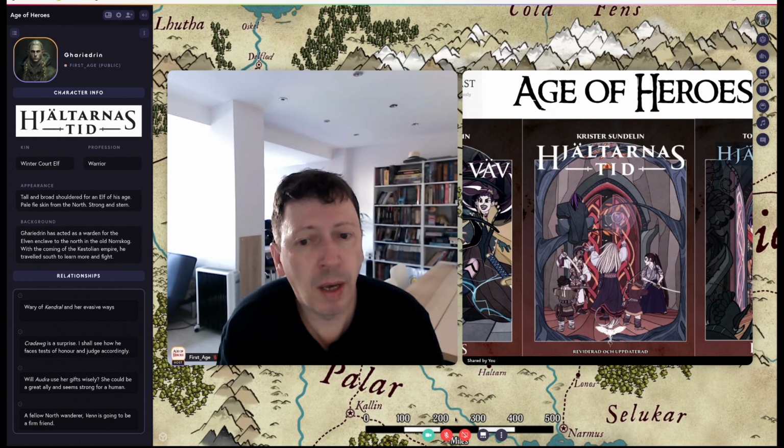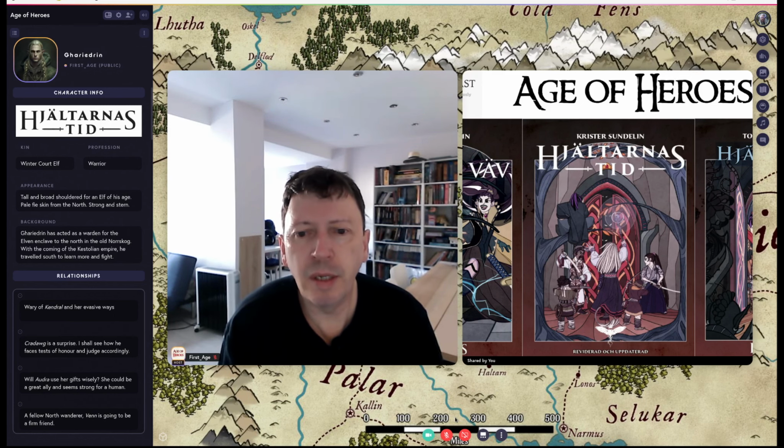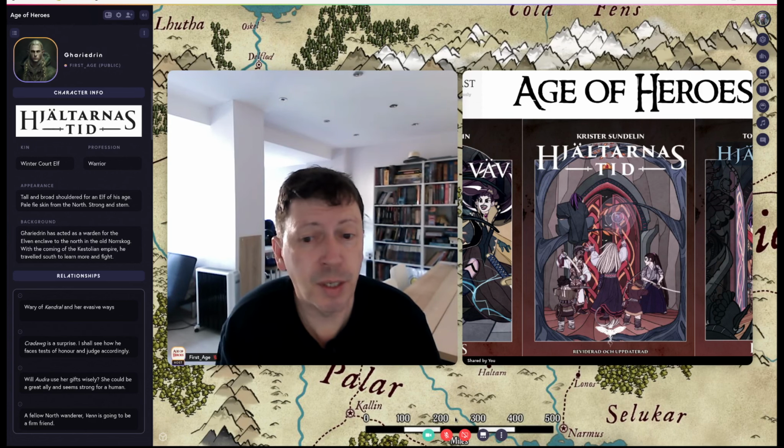So influenced by Chaosium. So Drakar och Demoner, Dragons and Demons. Very influential early 80s tabletop role-playing game in Sweden. Derived, or at least influenced by the original Worlds of Wonder Magic World booklet of 1982. Quite small, tightly defined, very much BRP, basic role-playing DNA throughout. And this game has that as well.